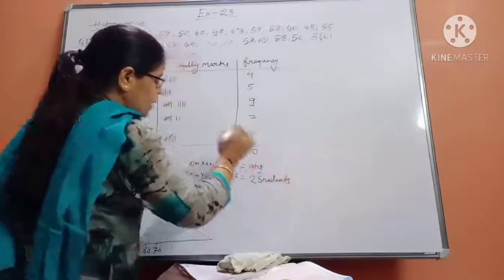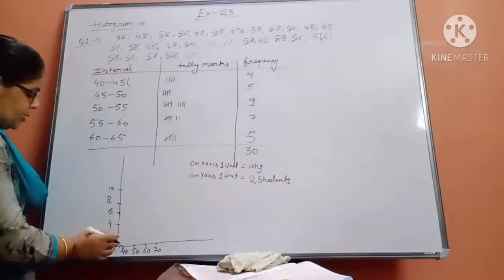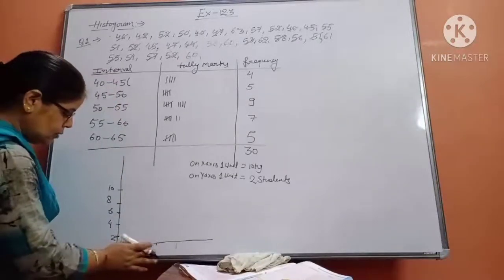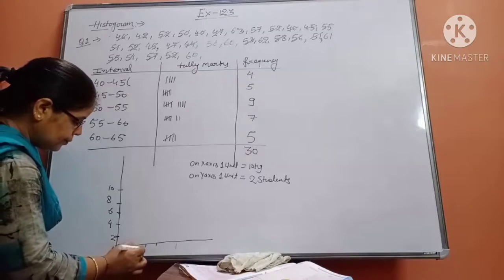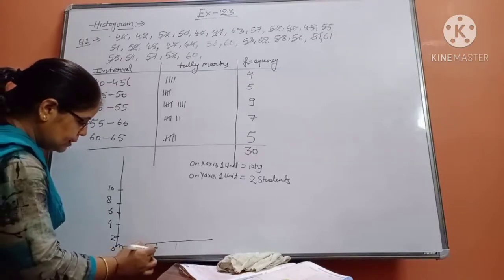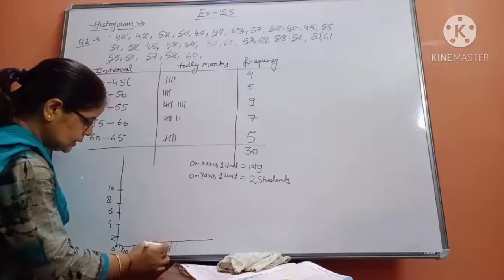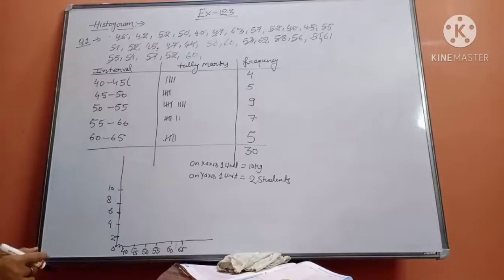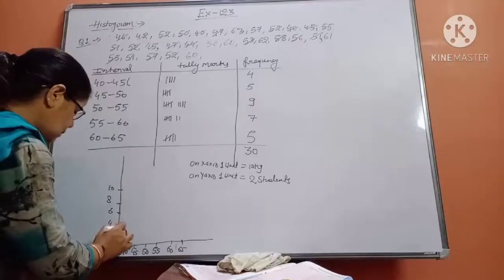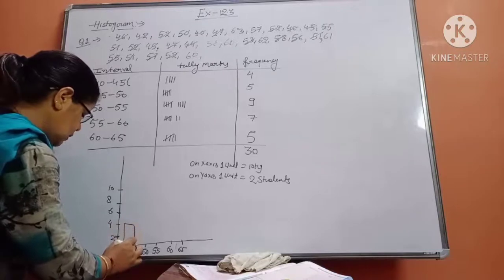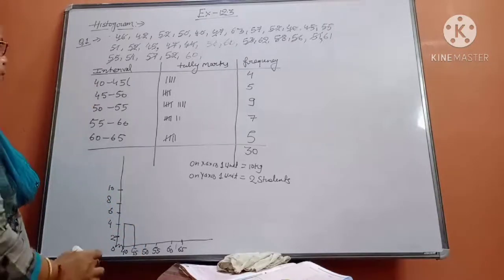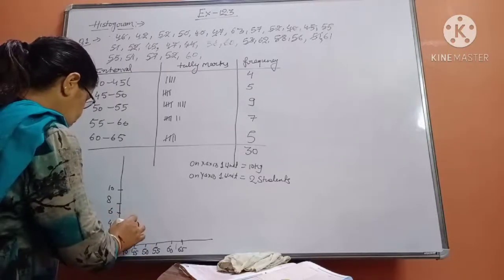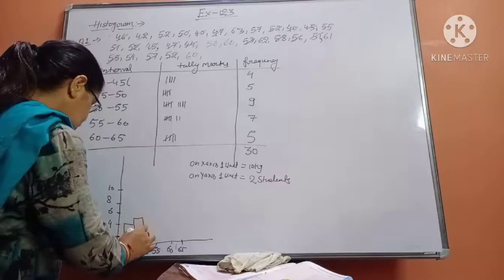So in this way you can make the bar graph for 40 to 45. Oh, I have not written. Interval will go like na 40, 45, then 50, 55, then 60 or 65. Okay. Now see that 40 to 45, how many students are there beta? So 4 students are there. So in this way your rectangle will come. 45 to 50, 5 students are there. So 5 will come between here. So it will go in this way. So it will be a rectangle.